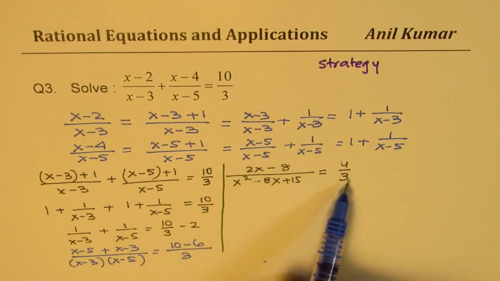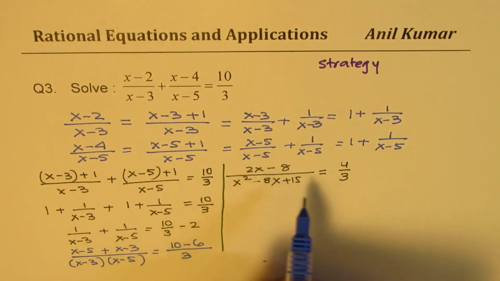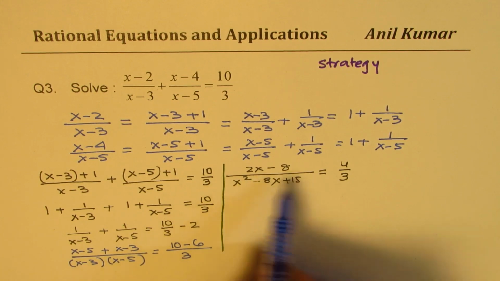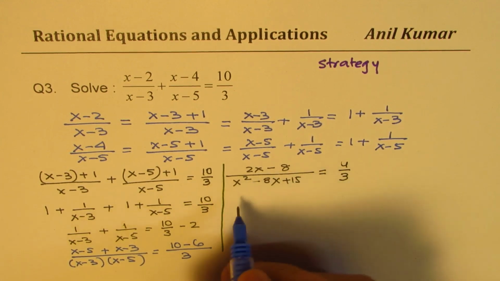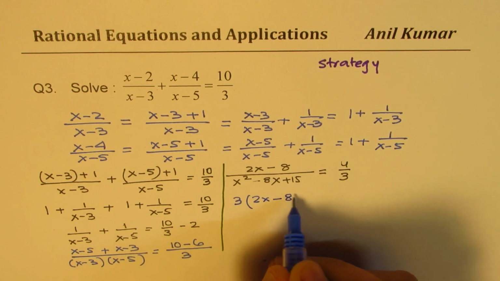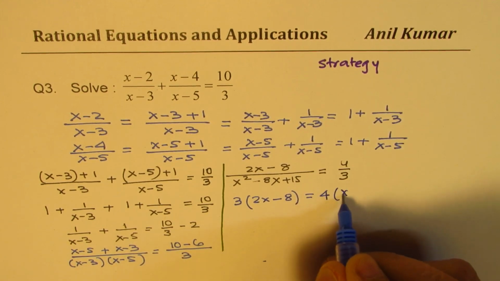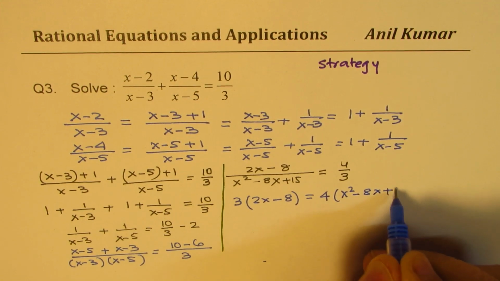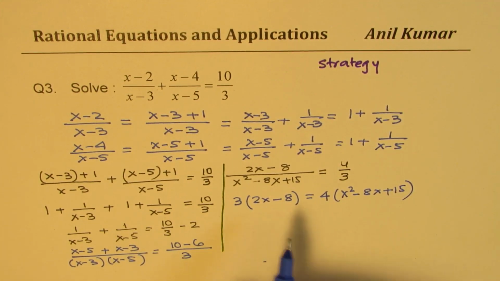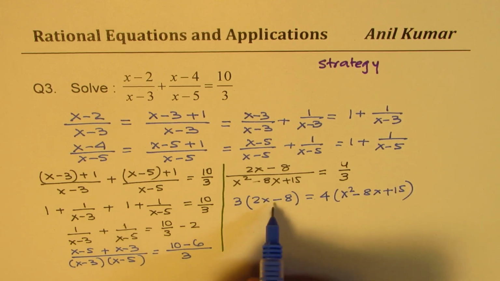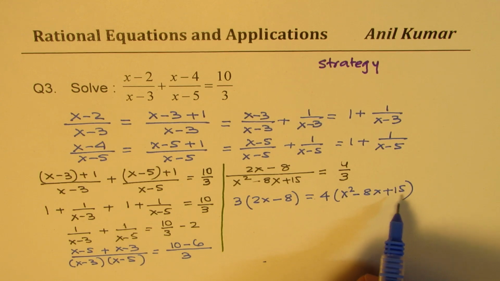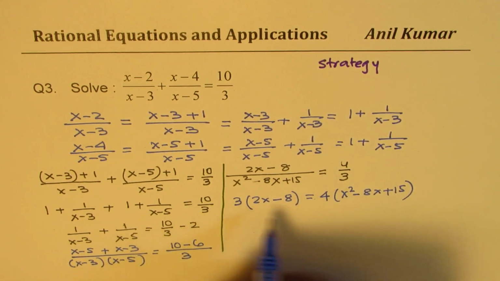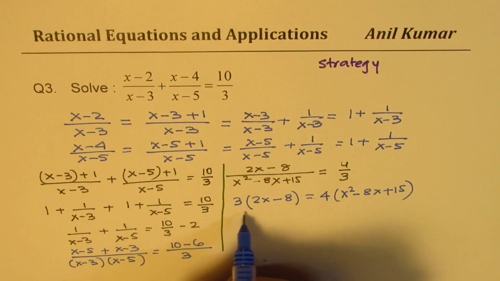You can see 2 is common, right? So we can actually cross multiply, or we can simplify this by dividing by 2 also. We can take common factor 2 and simplify it further. Anyway, we'll do 3 times 2x minus 8 equals 4 times x square minus 8x plus 15. As you can see, 2 is a common factor which we could have brought outside, and then divide each term by 2 to simplify, right? So anyway, that gives us,